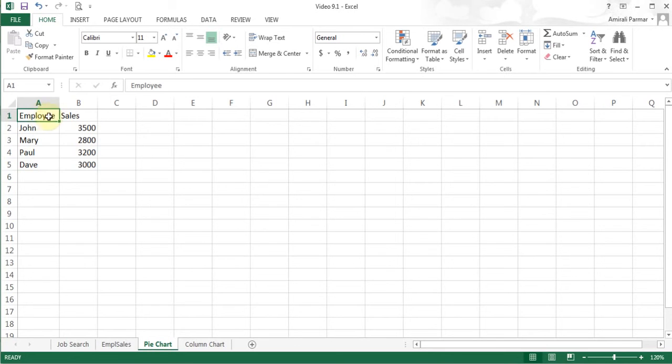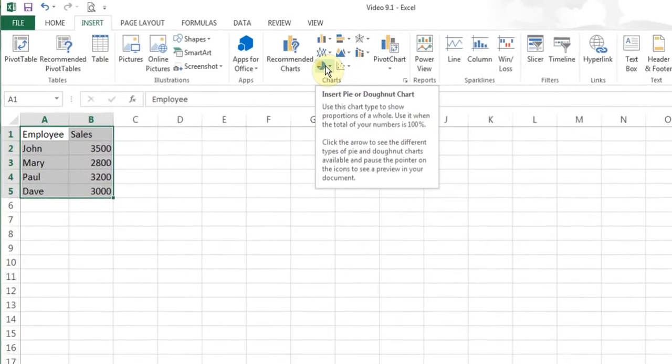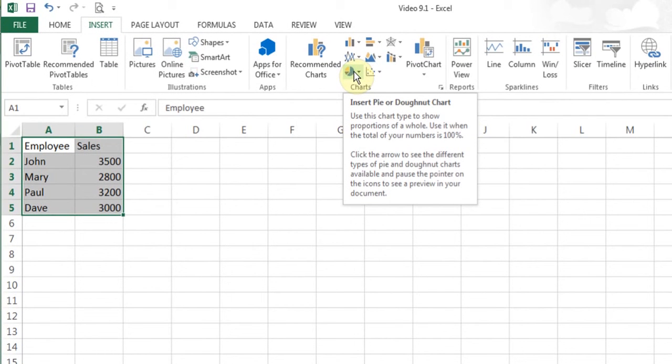Now all you need to do is highlight just the information, don't highlight any empty cells, and now I go to the insert tab on the top, and I'm looking for pie chart. Now there's my pie chart symbol. In your case, because my screen is not big enough,